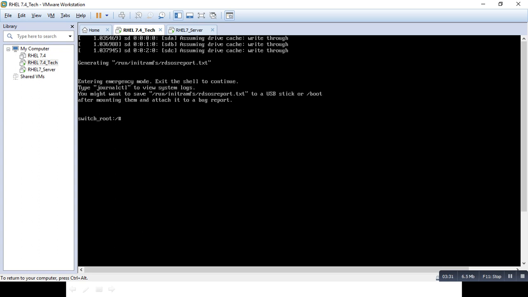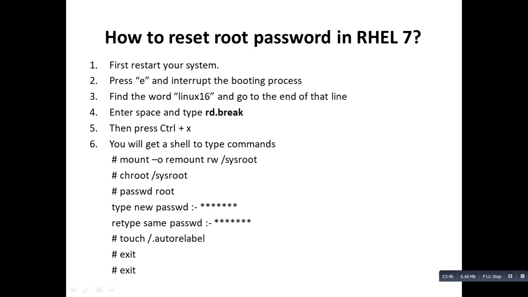As you can see, now we have a shell to type the command. So let's see what we have to do next. Now we will remount this /sysroot directory as read-write.